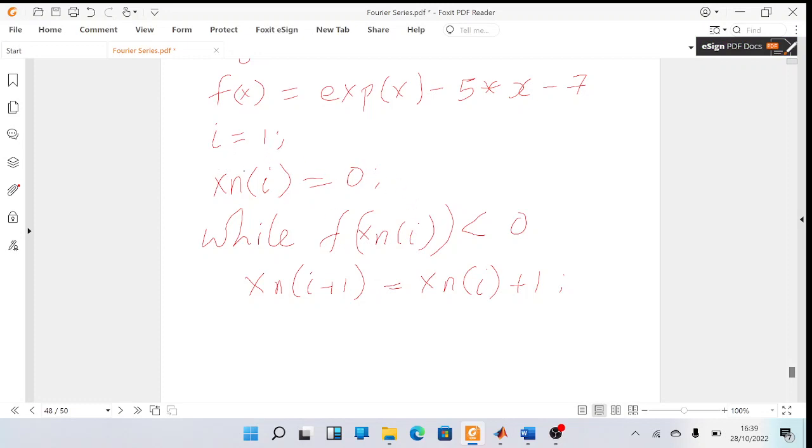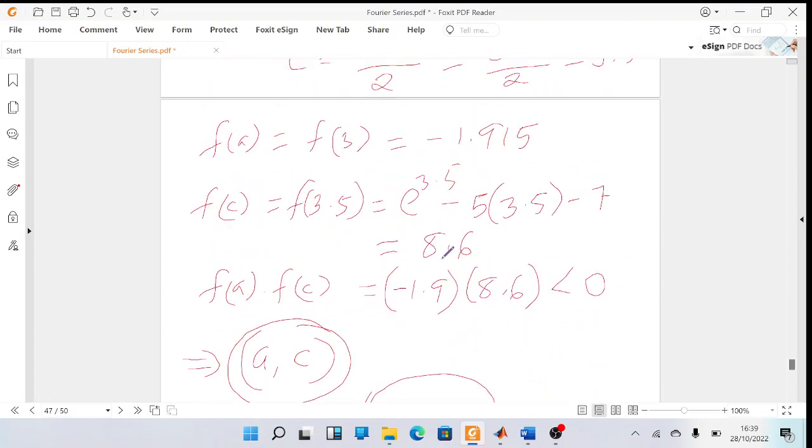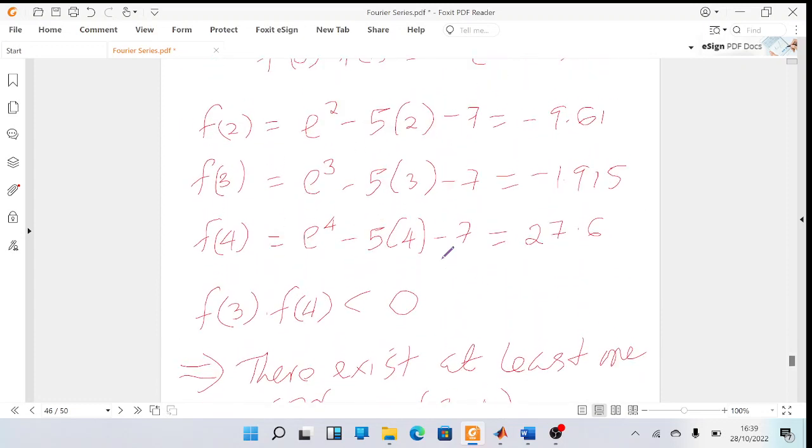First, the function here computes f of x when x is 0. So that should give us negative 6, which is less than 0. And so xn is increased from 0 to 1, and then computes the value of the function at x equal to 1, which will give us a value of around negative 6 point something, also negative, as we obtained here,